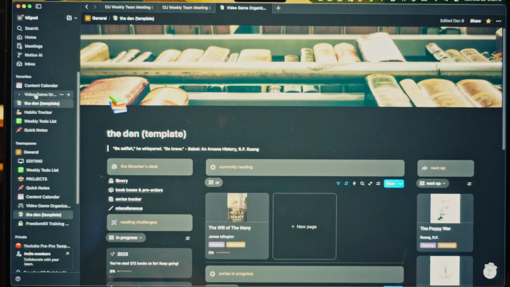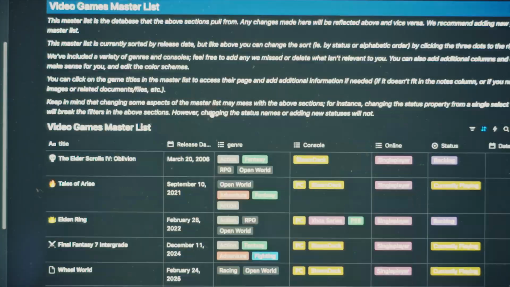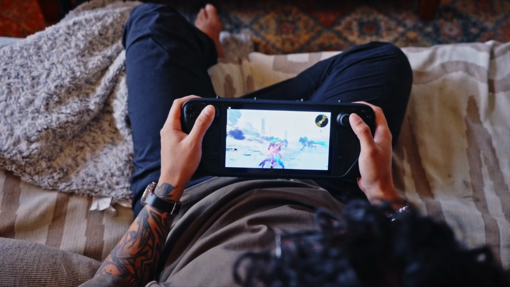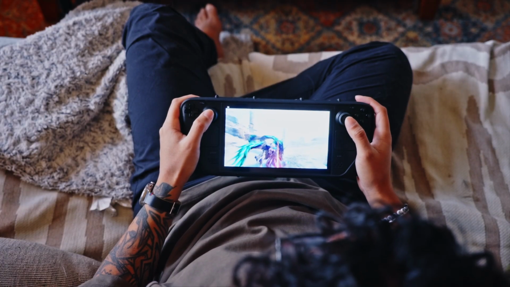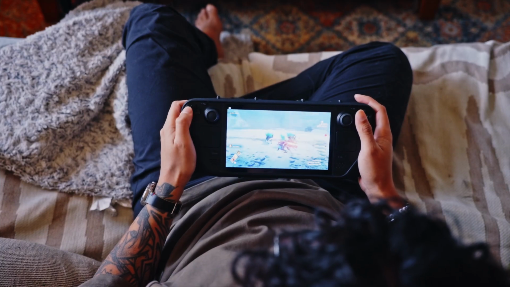I mentioned video games. I also have a template of just keeping a log of the games that I'm playing, the games that I finished. It's not necessarily a common goal to have to log all the games that you're playing, but I really enjoy it, and I want to just keep track of the data and write my own reviews and take pictures in game and store them there, and keep a log of the things that I've been doing, like what type of games do I really enjoy playing.